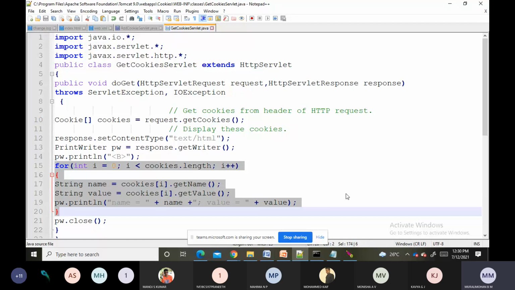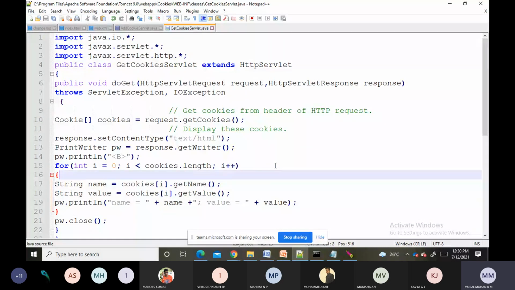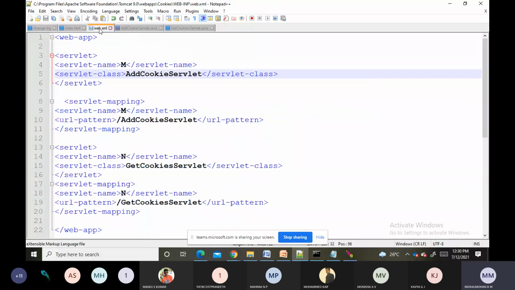Now we will execute this and check. Before that, we need to configure the web.xml file. You just observe here. I am giving the servlet name, and for the class file, we have two servlet files: one is AddCookieServlet, the other is GetCookiesServlet, right?